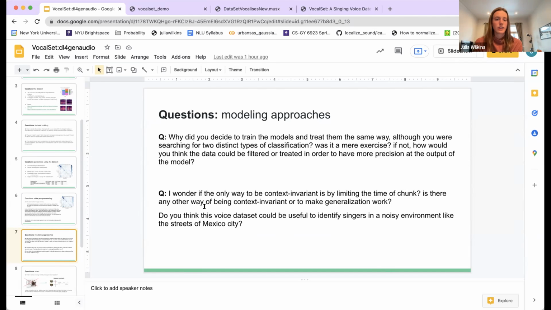And then another question, is the only way to be context invariant by limiting the time of the chunk? So I think that's referencing how when we're actually training the model, we took only 3-second chunks, where most of the files were a lot longer than 3 seconds. And I did that to try to remove, especially in the musical examples, the ones that I showed samples of were just arpeggios and scales, but there are actual singing excerpts. So I chose to use a shorter chunk so that the model wouldn't be picking up on specific trends over a longer span of time. Is there another way of being context invariant or to